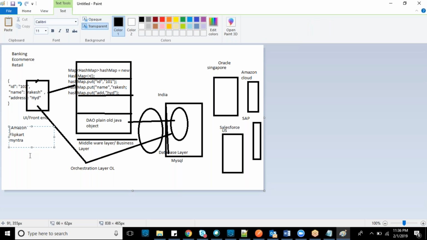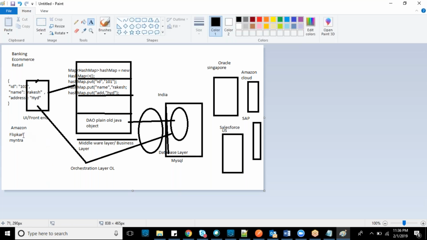Those will be hectic when you maintain the website. That is why a layer like a middleware layer will be designed, and that middleware layer we efficiently use as MuleSoft.